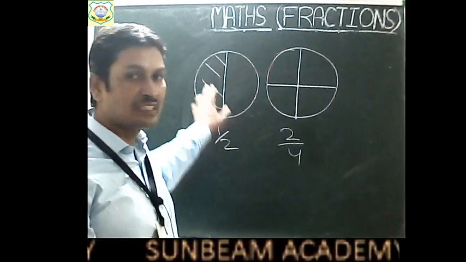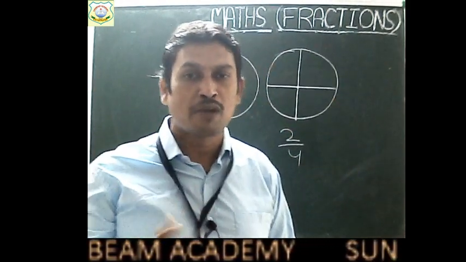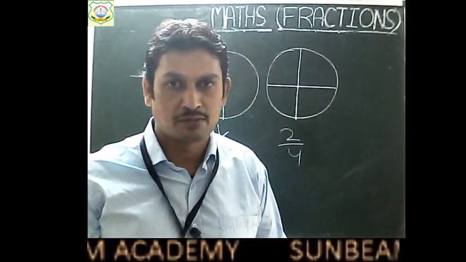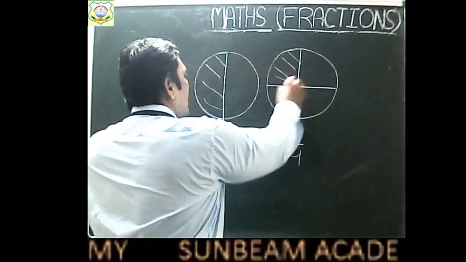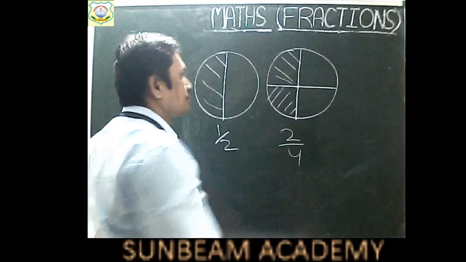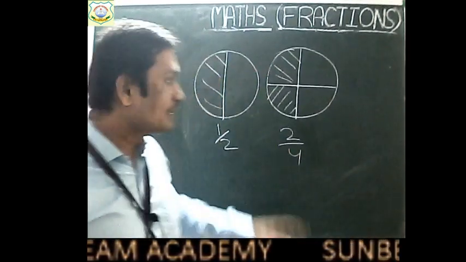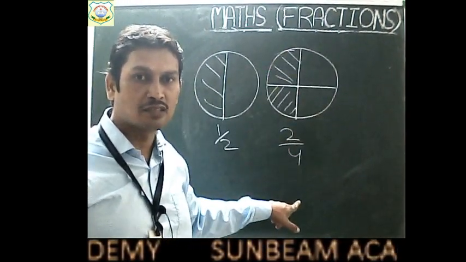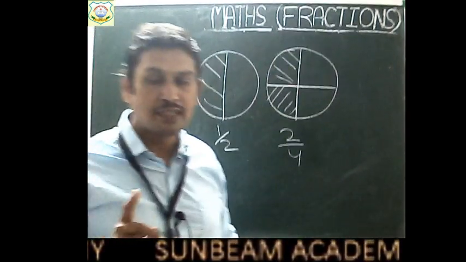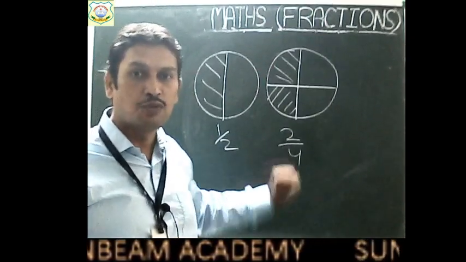So how can he give both the parts to you? What will he do, children? He will increase the number of partitions also two times, right? So now he will give one part and two parts to you. You can see that on the second day you have got two parts out of a total of four partitions. So on the second day the part you have got is 2 out of 4.